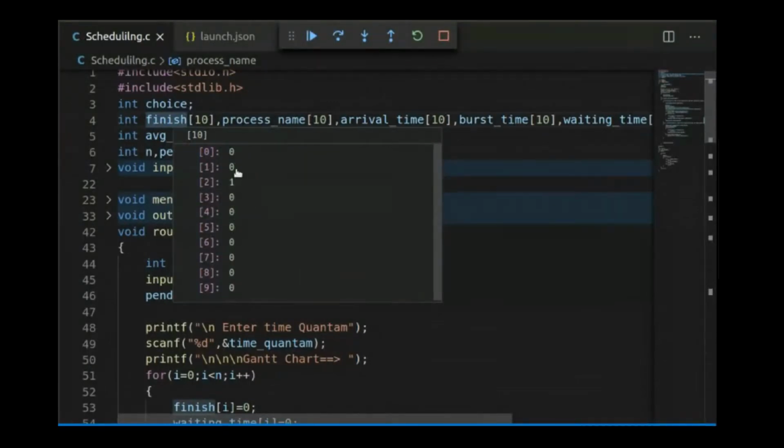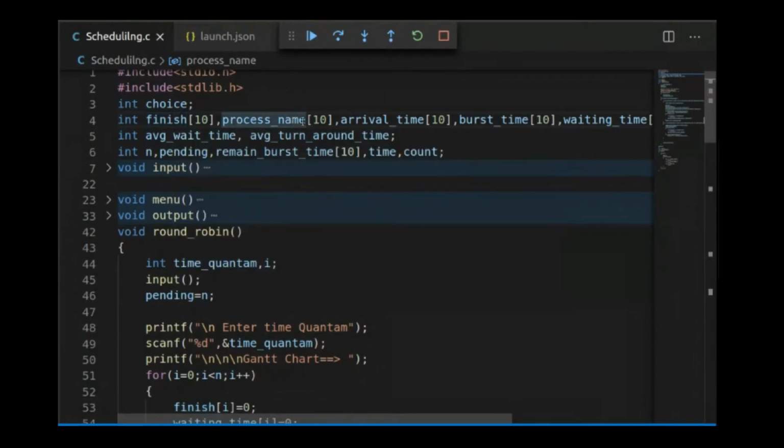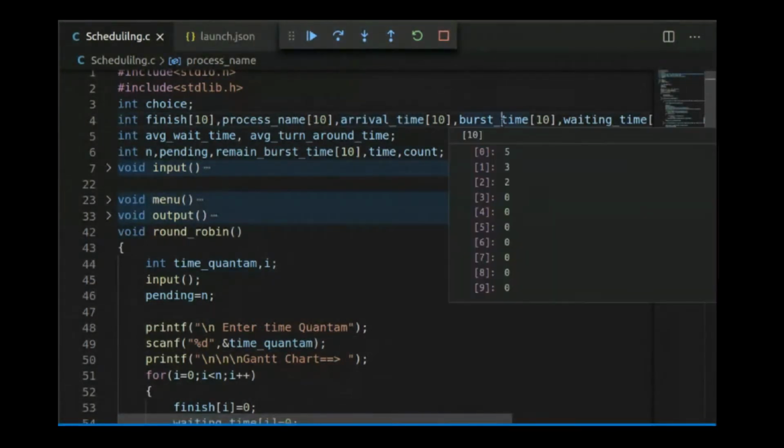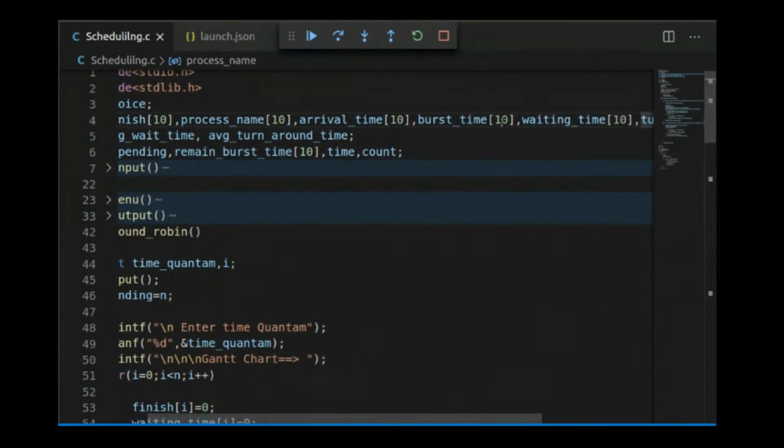Then process name: we are assigning different names to the processes, P0, P1, P2. Arrival time, we are taking the arrival time values of the processes, burst time of the processes, then waiting time. And let me stop this so that the values will get cleared.